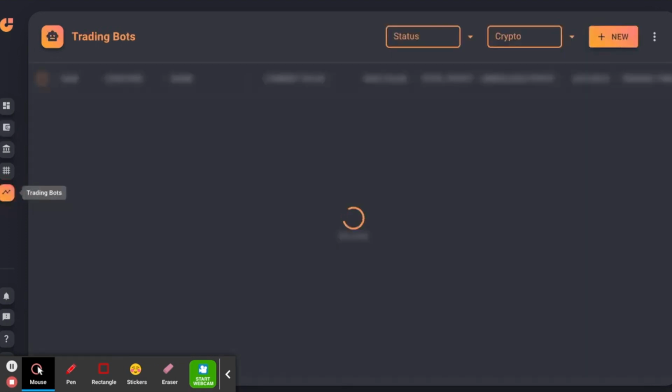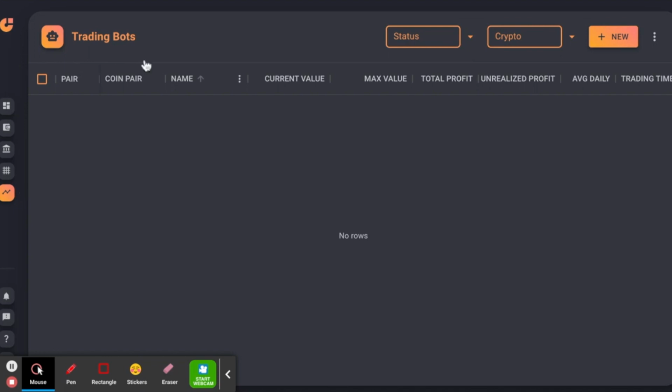But if you go and you click on trading bots, it'll show you your trading bots. Okay, it'll show you what pair you're using, the coin pair, the name of it, the current value, the max value, total, all of those things it's going to show you. Okay,